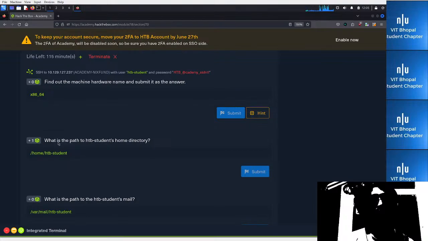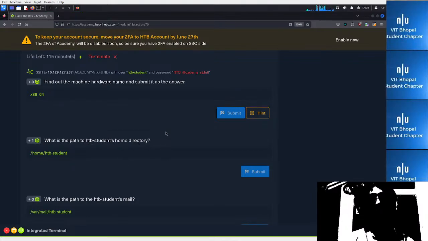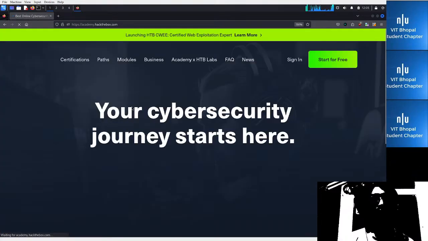The second question is, what is the path to the HTTP account's home directory? Without any command or anything, we know that except the root user, every